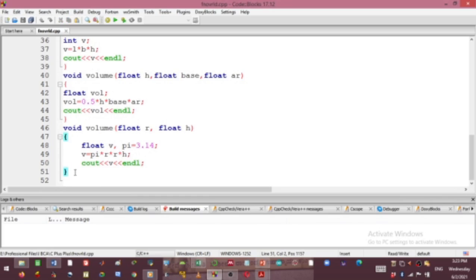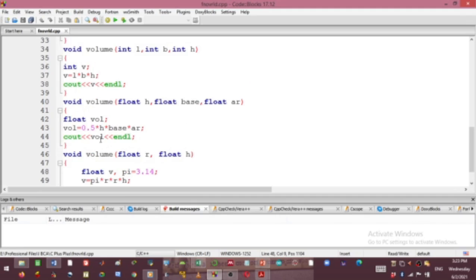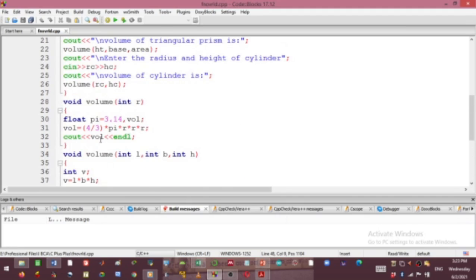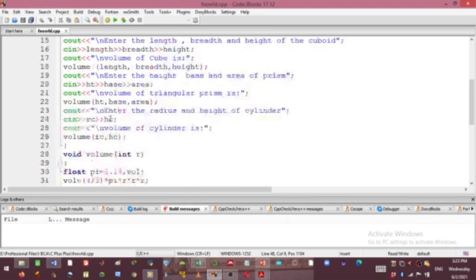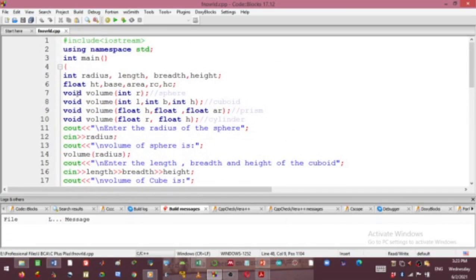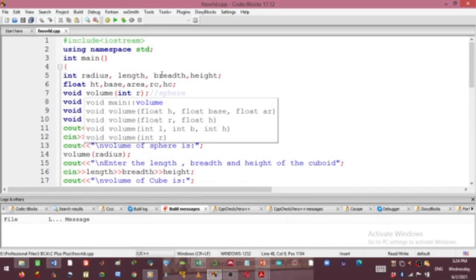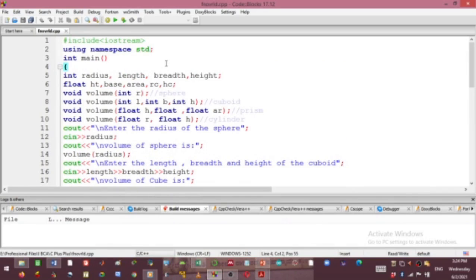So the functions in the different places with different parameters are being executed using function overloading techniques.